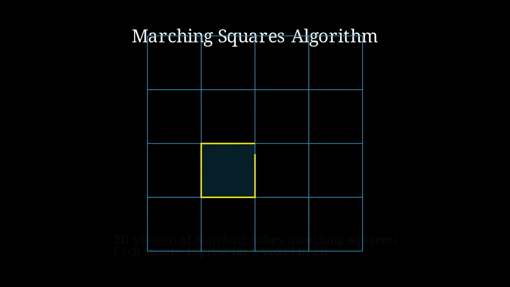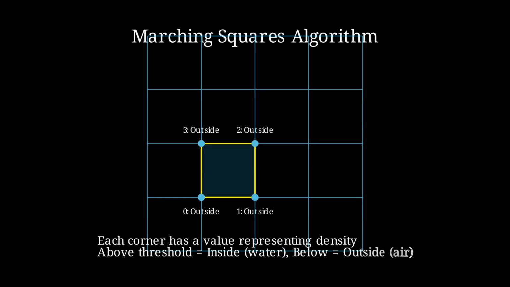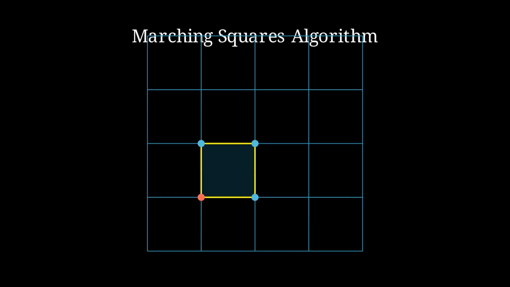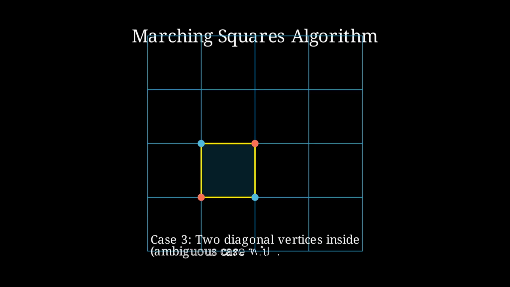Imagine we have our 3D grid of voxels. Each corner of each voxel has a value representing how much water is there. A value above a threshold means inside water and below means outside water. The algorithm examines each cube in our 3D grid by looking at its 8 corners. Based on which corners are inside or outside the water, it generates a specific triangle configuration to represent the water